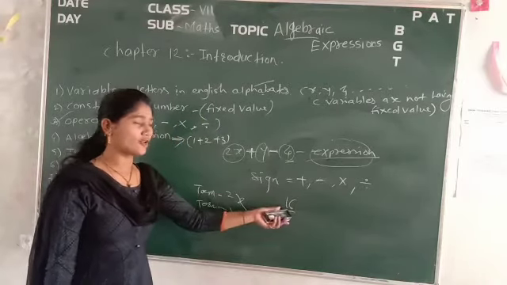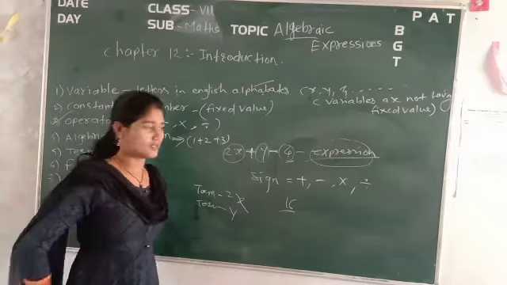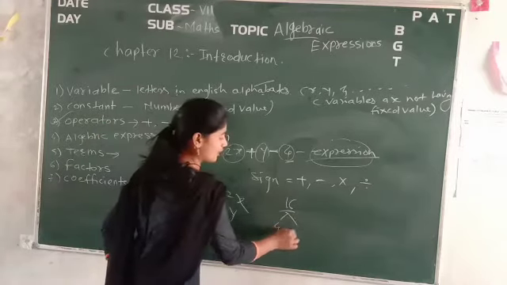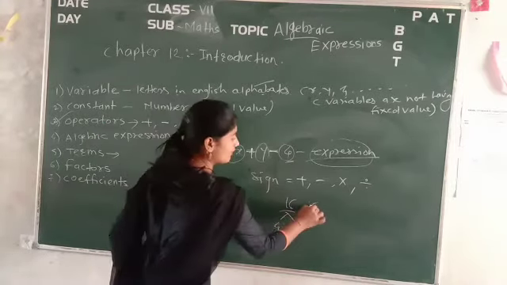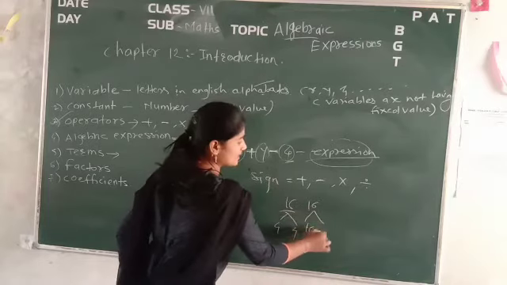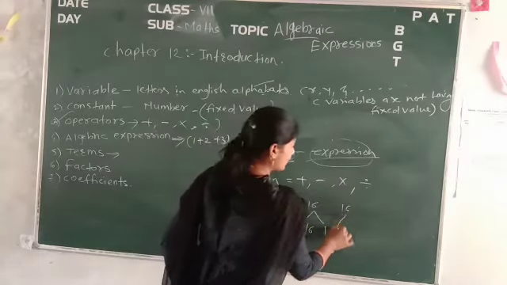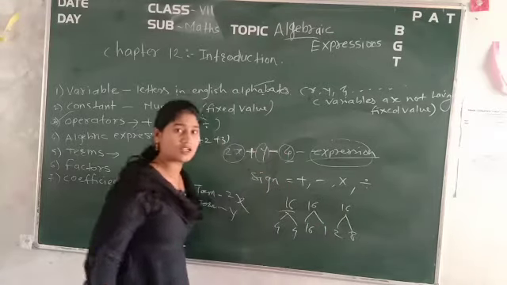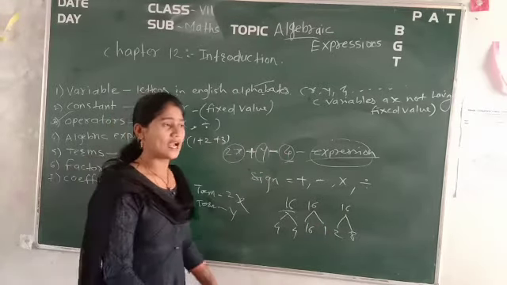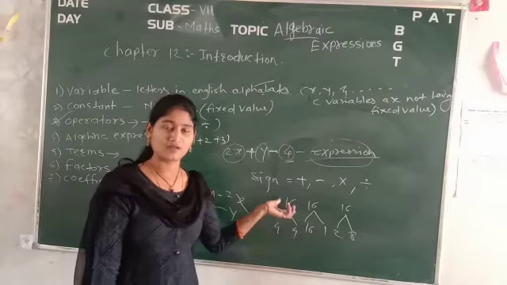Okay, within that you have to find out the factors of these terms. So 4 4s are 16 is one factor of the terms. Okay, again you can find out the factors of 16. 16 1s are 16. It is also a factor. Again for the 16 we can say 2 8s are 16. So this is also another factor of 16. In that way you can find out the number of factors of the given terms.